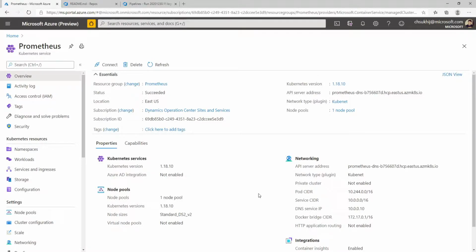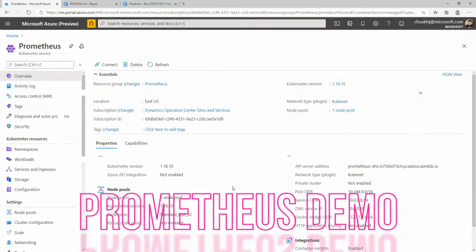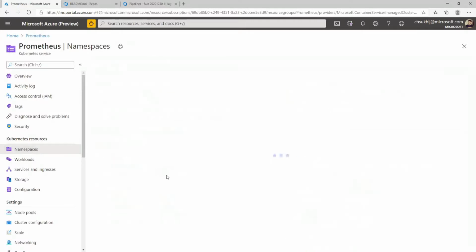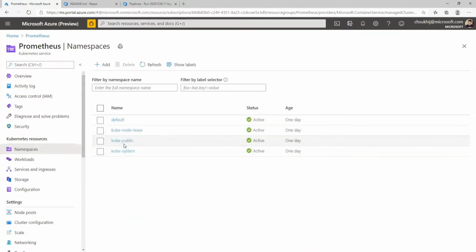Today I'm trying to create a demo for Prometheus on a Kubernetes cluster. So I have my Kubernetes cluster ready. I created this 2 days back, and we can see the configurations here. To set up Prometheus on it, we have to create a namespace in the Kubernetes cluster. Right now, if you see, there are only four namespaces that are there by default from